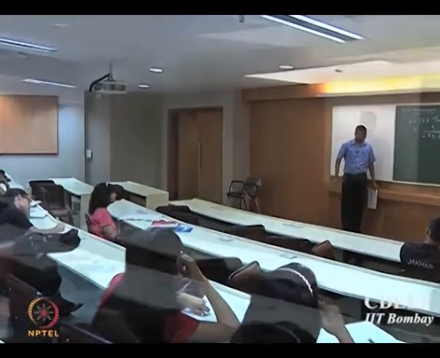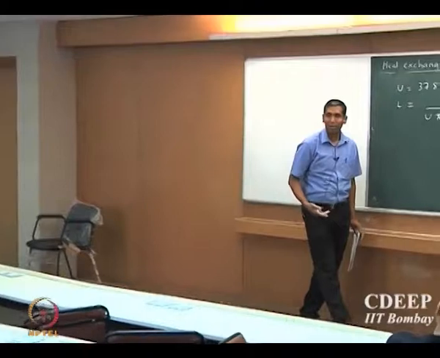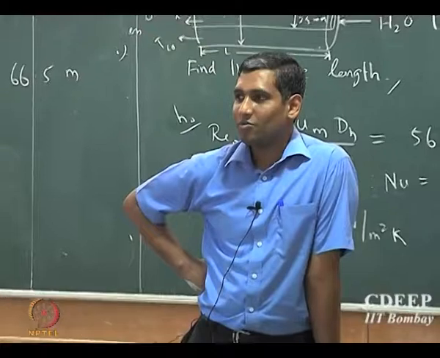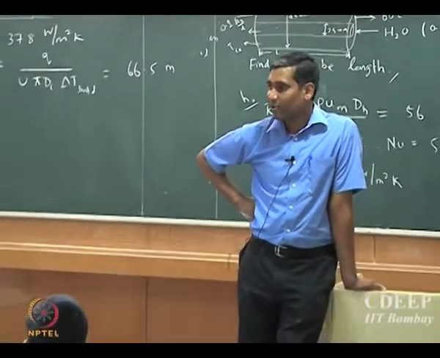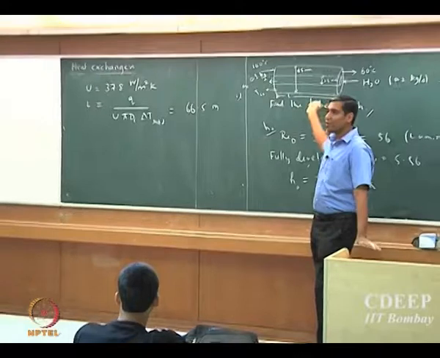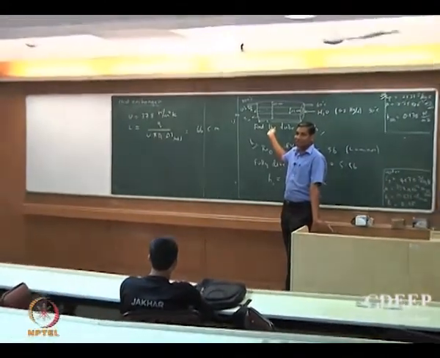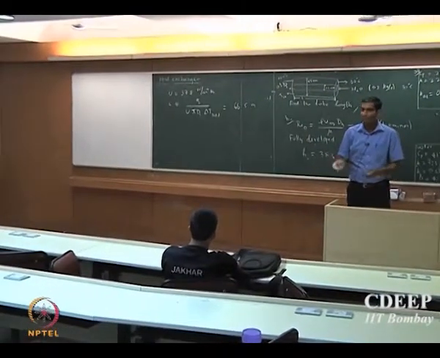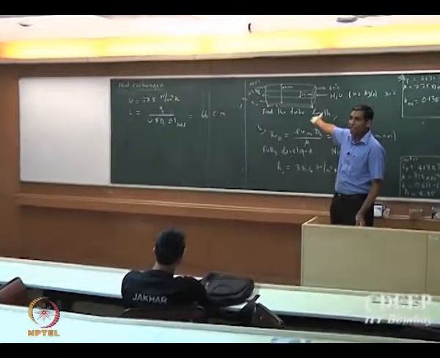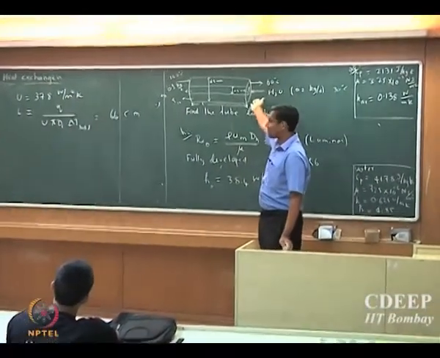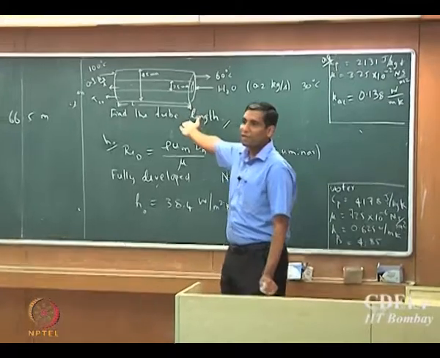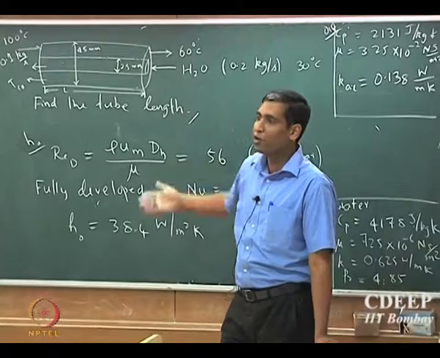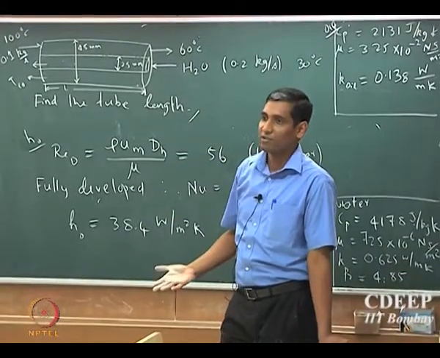So, how do we handle this? What will be the first question that you would ask if you get such kind of unreasonable numbers? What are the different types of heat exchangers? You should never use this kind of a configuration. You would require 66 meters of construction, and this is a pretty realistic system where the temperature differences are not unreasonable, and water is a very normal fluid which is used for heat exchange.